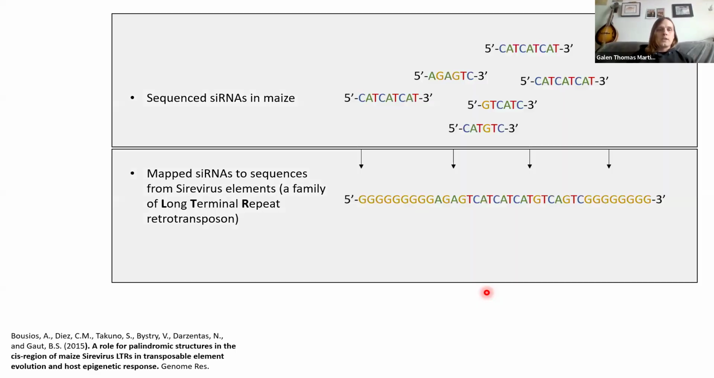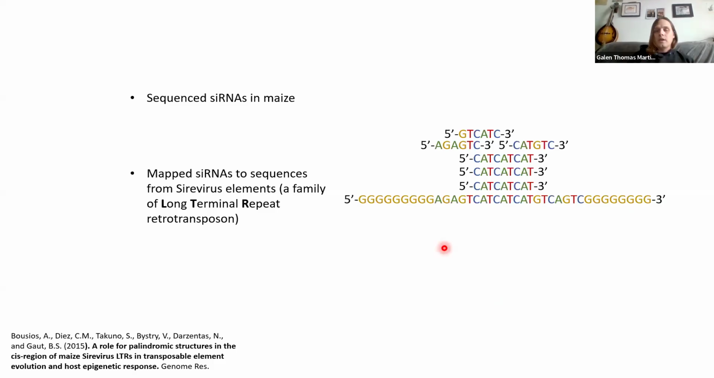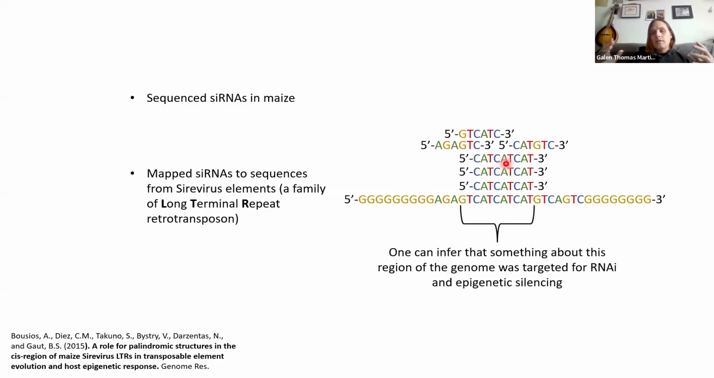So what they did was they sequenced small RNAs in maize and mapped those small RNAs to the long terminal repeat loci of these particular LTR elements that they were studying. And of course, this is just a cartoon version of what this looks like. In reality, the small RNAs are 21, 24 nucleotides. But they found that in these particular palindromic regions, there's a high level of mapping of these small RNAs to those regions. So they could infer from this that there's something about that particular region that might be initiating silencing